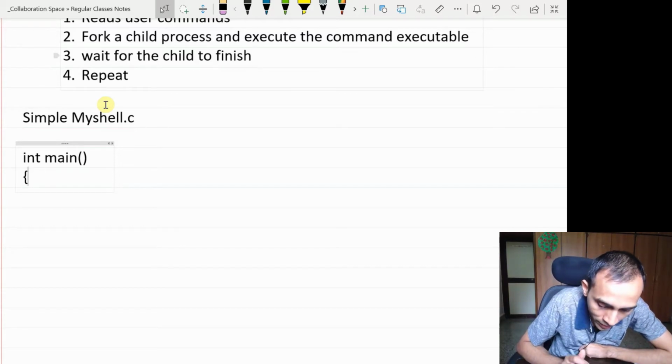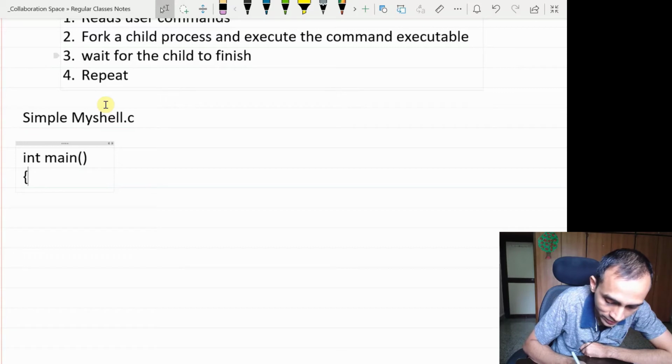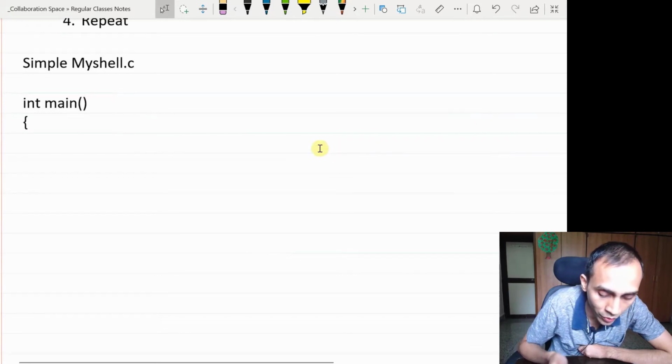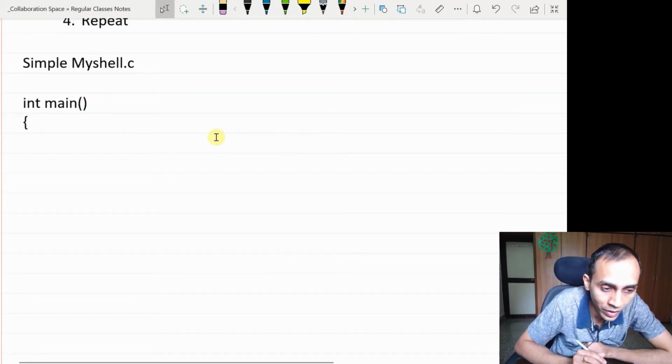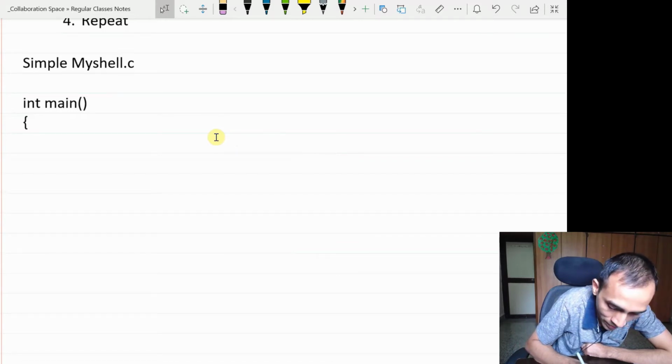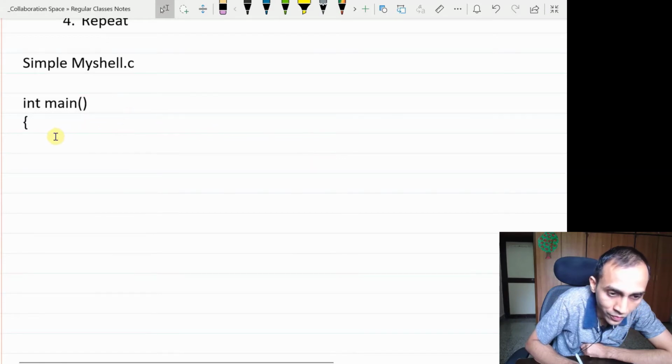To read a user command, what data should I initialize? What variable should I initialize? argv and argc. Okay, but that is for the main program itself. When the shell program runs, if you want to give the shell itself some default arguments, then you need to provide argc and argv. But the shell itself doesn't take default arguments. It is going to read what the user types.